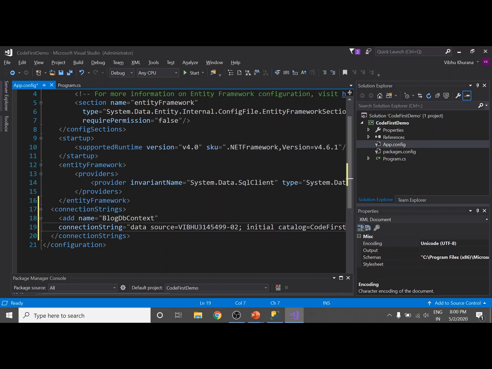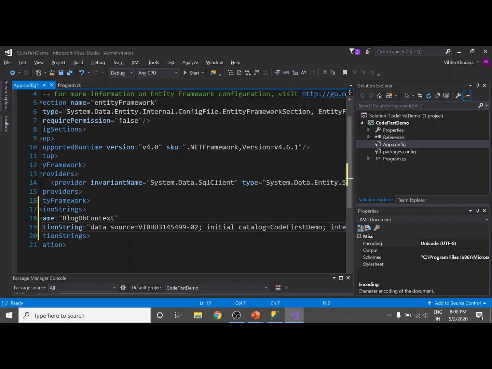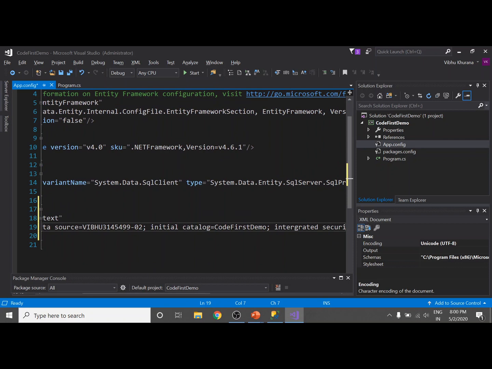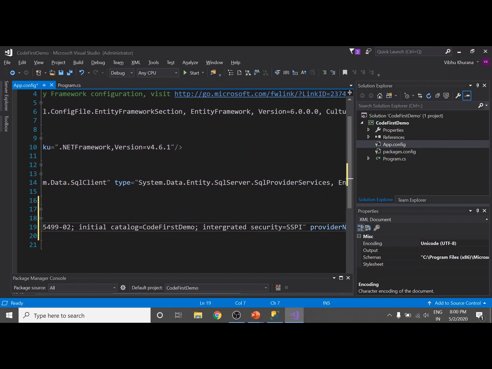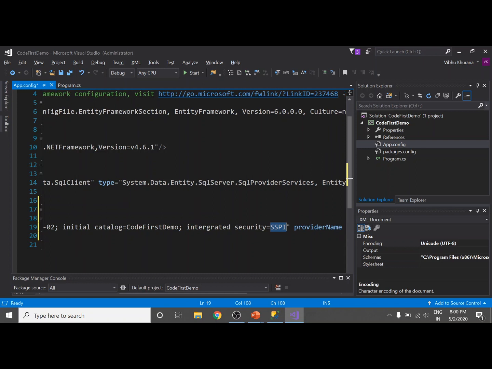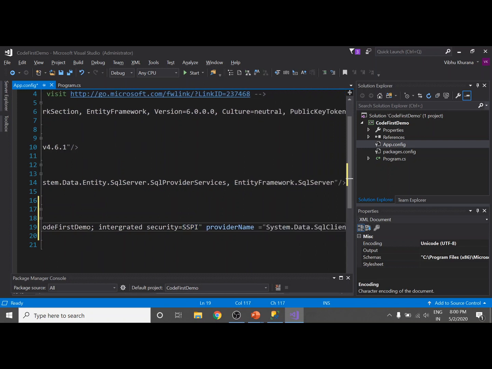Okay, now we have two more things here. Initial catalog, which should be the name of the database, and another is integrated security. In my case, I am using Windows authentication, so just type SSPI here. One more element that we need to add to our connection string is provider name, which should be System.Data.SqlClient.